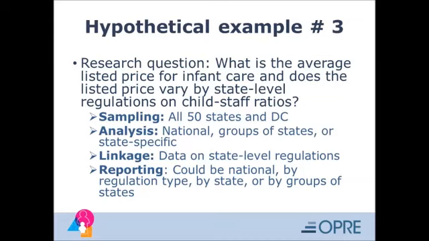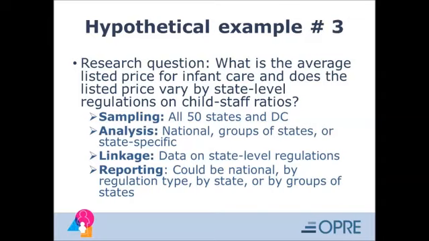And you could imagine a variety of different ways to balance what the disclosure requirements allow you to report against the nature of your research question, against the particular alternatives maybe that you're trying to evaluate. So hopefully these examples are getting you to start thinking about, okay, here's the sampling piece, and here are my analytic choices, and how would I want to do this linkage, and then what will be the constraints when I